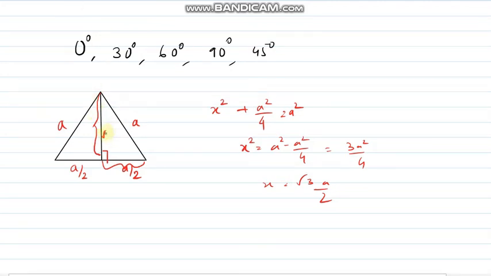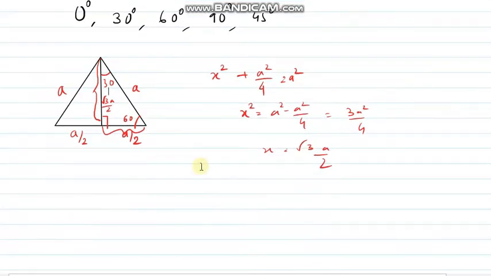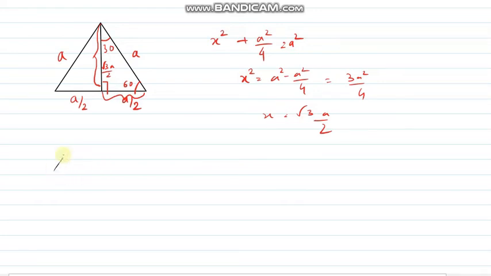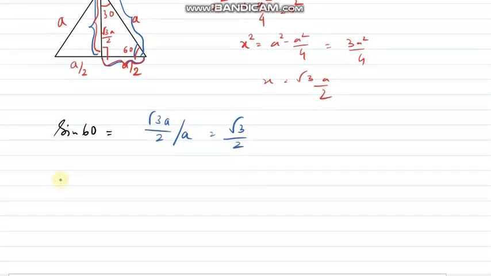Okay, so now in the equilateral triangle we know these angles are 60 degree and these angles are 30 degree, because this height will divide this. Now if we need to find the value of trigonometric ratio of 30 and 60, we can do it from this triangle. What will be sine 60? For angle 60, this will be my adjacent side, this will be my opposite side, and this will be my hypotenuse, right? So sine 60 will be root 3a by 2 divided by a, that is root 3 by 2, right? I am going to show you only the values of sine, cos, tan, and you can find the other ones as it is.